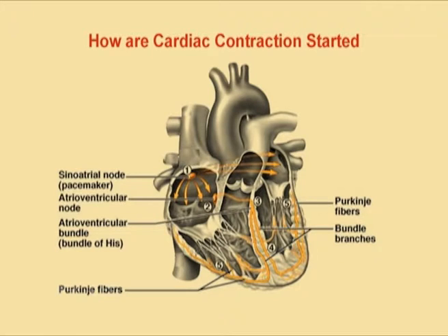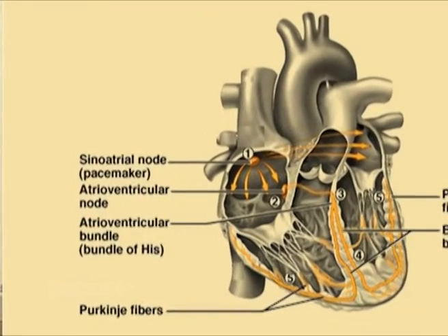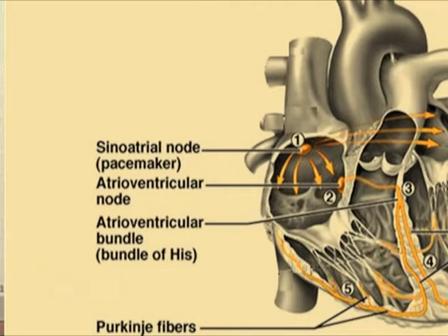If you have a look at the next diagram, here you can see that in the structure of heart, the number 1 indicates sinoatrial node or the pacemaker. It is made up of specialized cells which contain very less amount of actin and myosin filaments. The number 2 is the AV node or the atrioventricular node. This is connected with the SA node through special internodal pathways. AV node is called as a secondary pacemaker and it is autorhythmic.